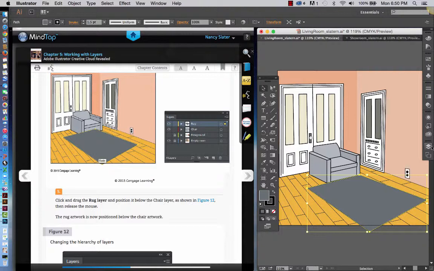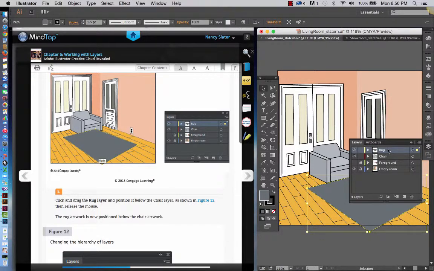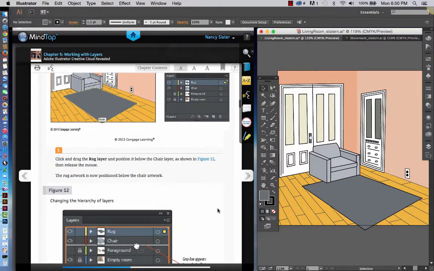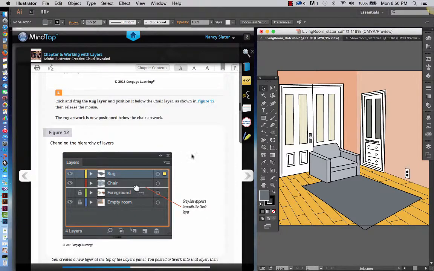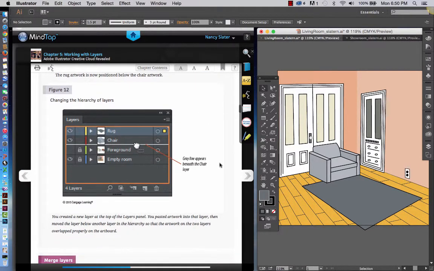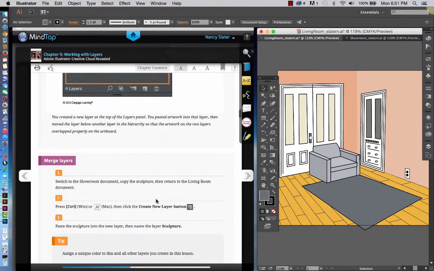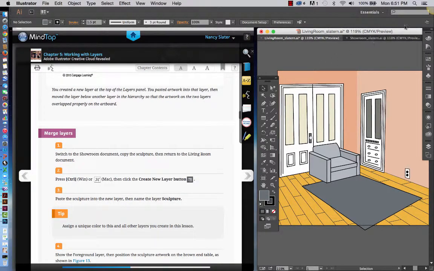So let's go back to the Layers panel, and we're going to select the rug layer and position it below the chair layer just by clicking and dragging. And you should see that the rug artwork is now positioned below the chair artwork, which it is. And that's changing the hierarchy of layers. Now we're going to work on merging layers, and we're going to switch to the showroom